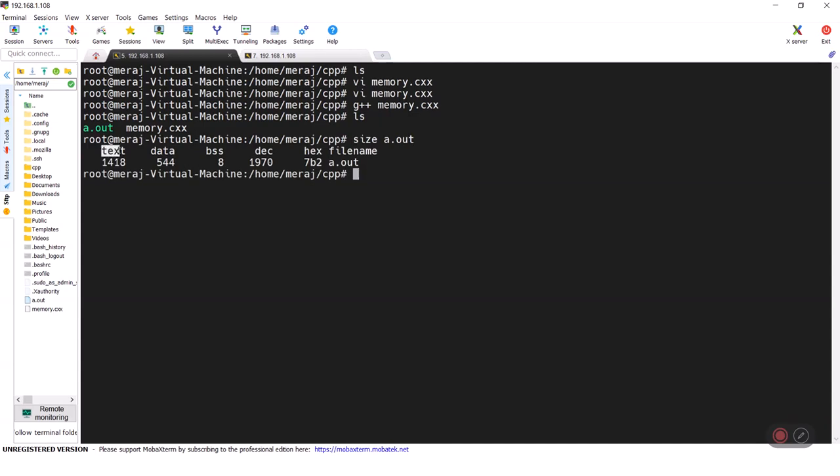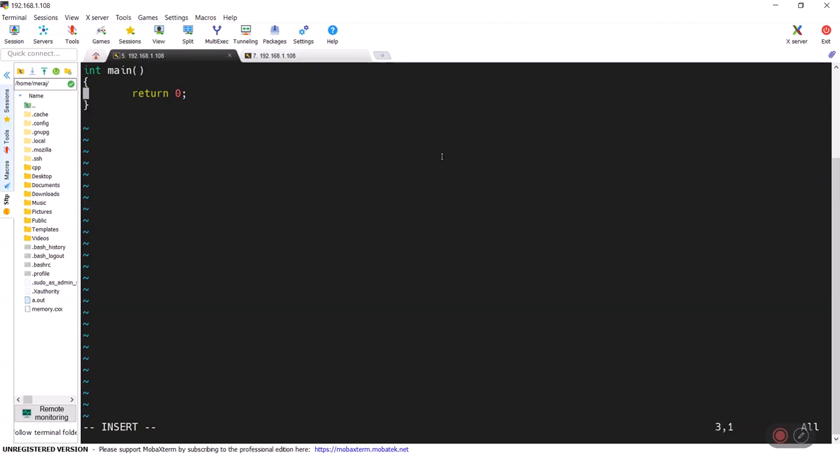We have text, data, and BSS, and the sum of these sections in decimal and hexadecimal. If we add 1418, 544 and 8, we get 1970, and the equivalent hex is 7b2.